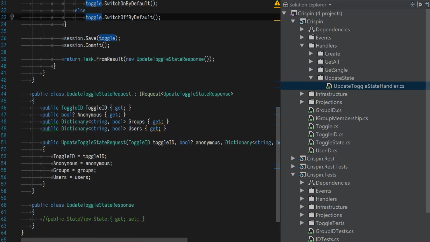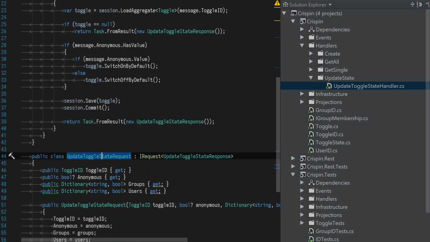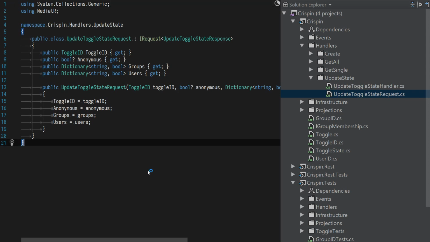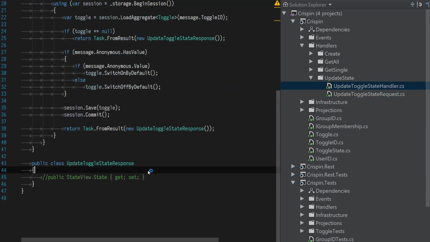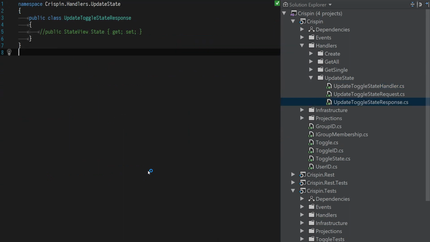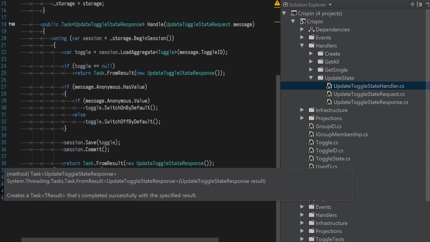So we have a request and a response that doesn't have anything in it yet. Ah yes, and we were considering what to do with our responses, because we would quite like to return the actual state, but as our projections might be happening asynchronously, although by doing that,